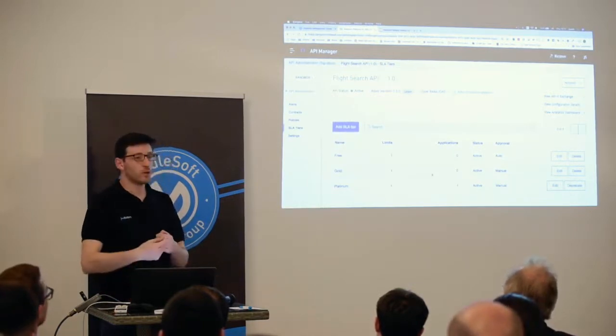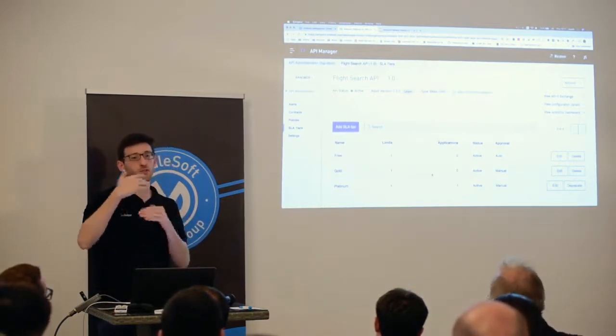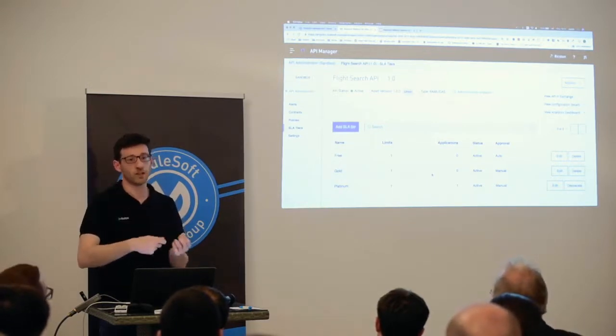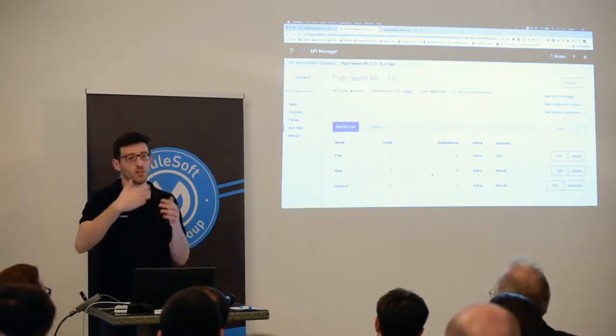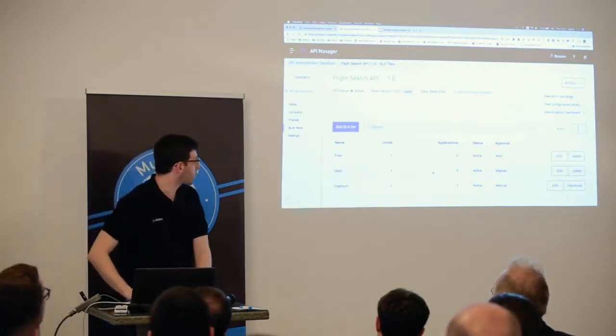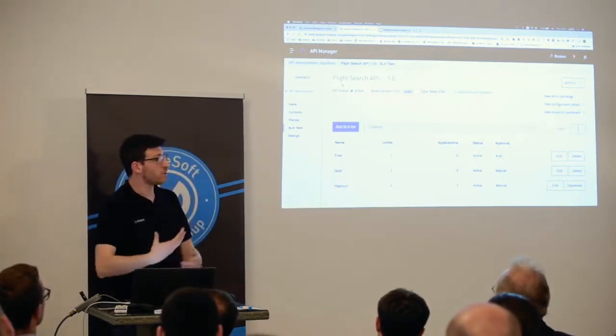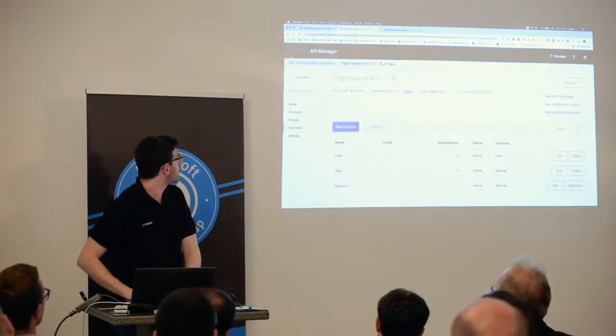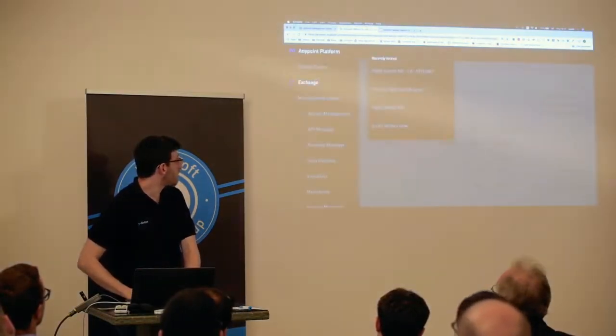And this is something that you can use to protect different areas of your API, or start charging different rates depending on the level of access towards your API. Now, getting access to this API can also be done via Exchange. So, navigating to Exchange, you will get this,